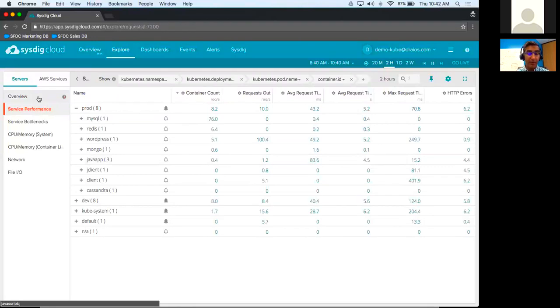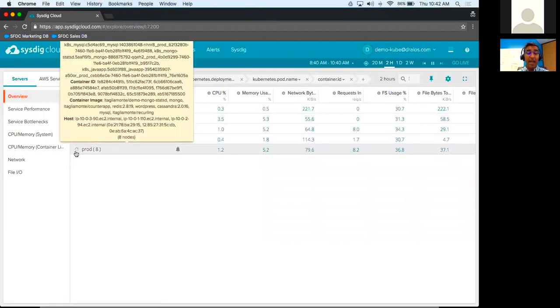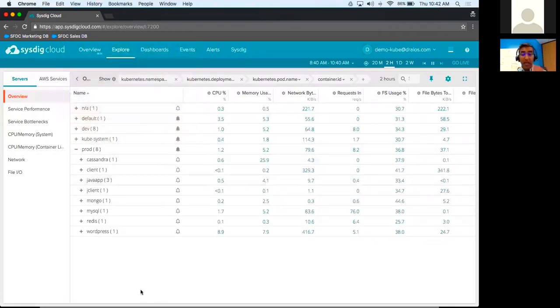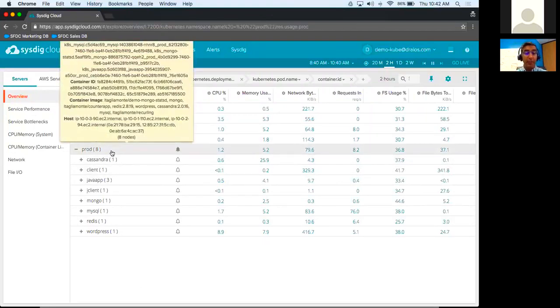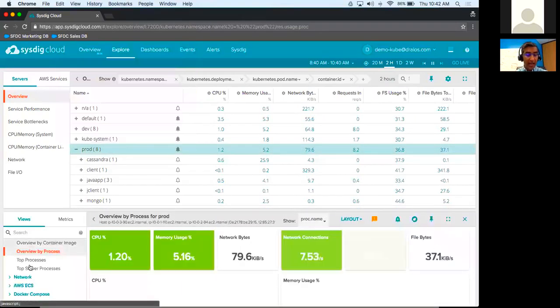All right, I'm going to go back to the overview panel here, and now I'm going to start drilling down deeper. As we talked about before, you can click on any row in this table and get a deeper view of what's going on. Let's start by clicking on the prod environment. And in the prod environment, I want to take a service-oriented view.